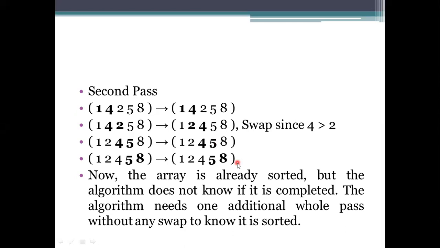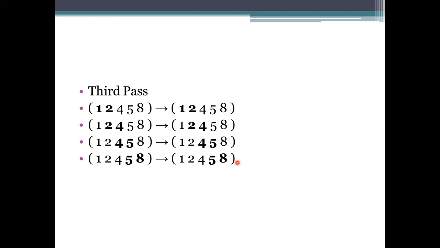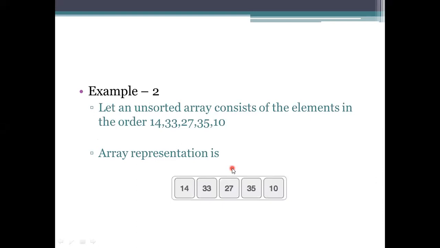it shows it is in sorted order, but it won't be considered complete. It has to take one more pass for processing. So the one more pass here is to check whether the elements have been chosen in this order or not. The element left here is 2. 2 will be compared with 1 and then 2 will be compared with 4. And we need to see whether these elements have been arranged in the correct order or not. So whether it is required or not required, it uses this pass processing.